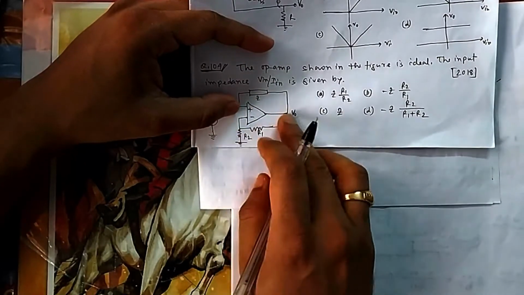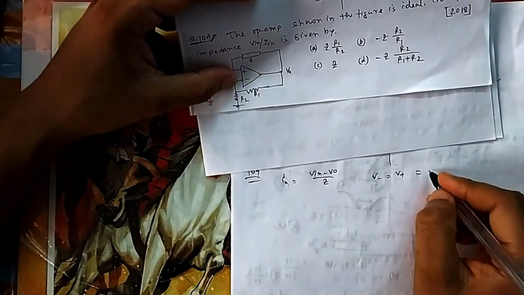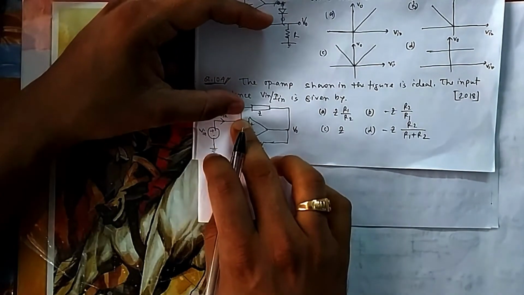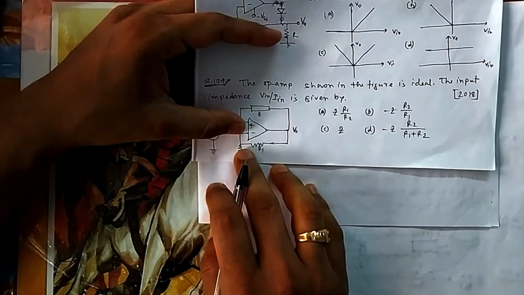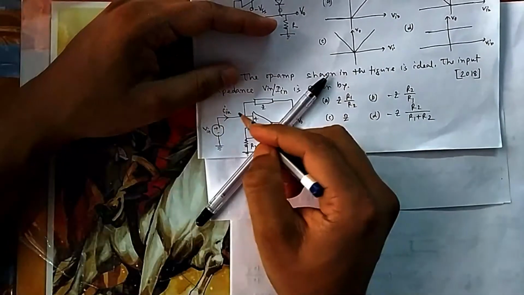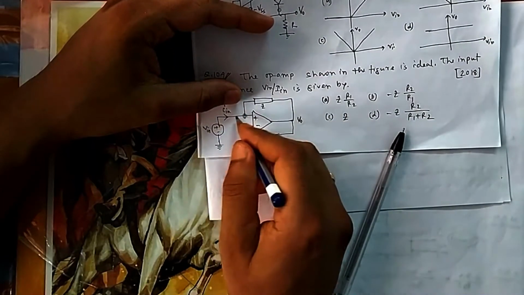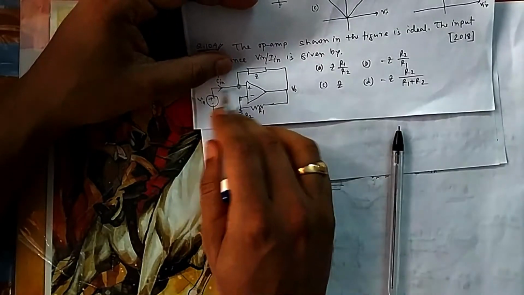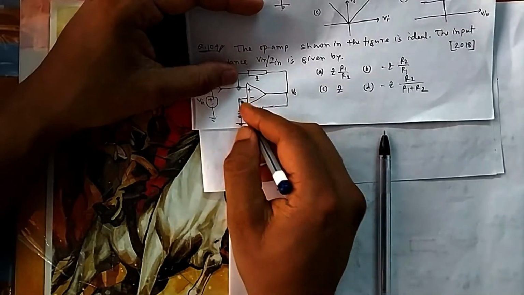You see this path, you can take nodal here. Because this is Vin, this is also Vin, so both are Vin. Normally we take nodal here, but here nodal doesn't make any sense because we already know this potential and you don't know this path. So you take nodal here at Vin. If you do nodal, you will find that I1 is coming in, equal to this one: coming current equals going current. So you take nodal here.